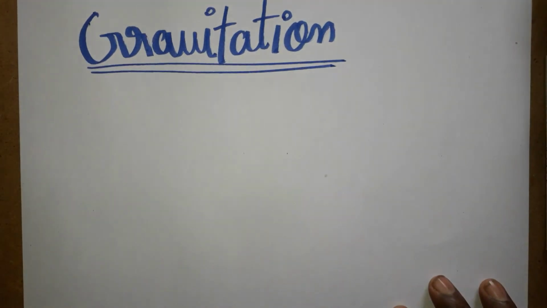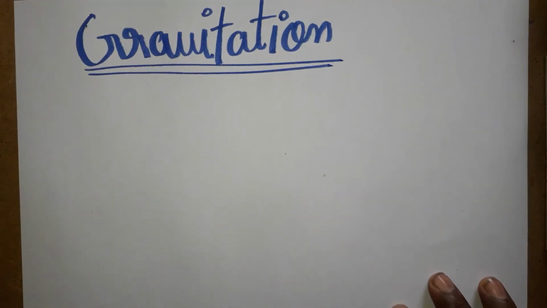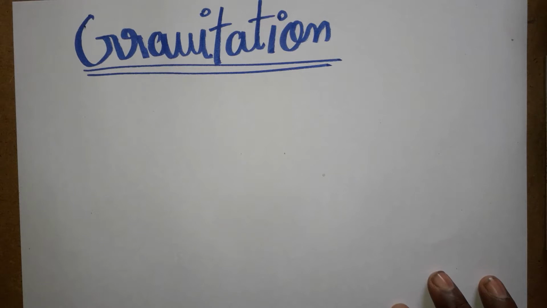Today we are going to see gravitation, a full explanation of everything under gravitation except capillary laws: the universal law of gravitation, small g and how to calculate small g, variation of g with altitude, height and depth, gravitational potential energy, and gravitational potential. Many things we are going to learn under gravitation. So it's a complete revision.